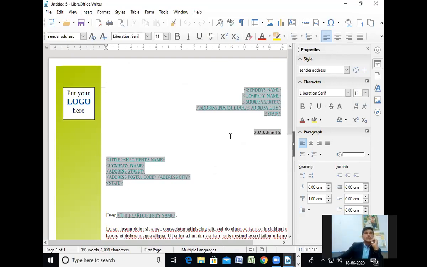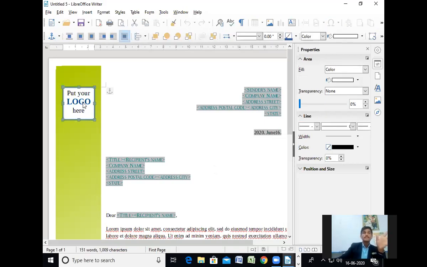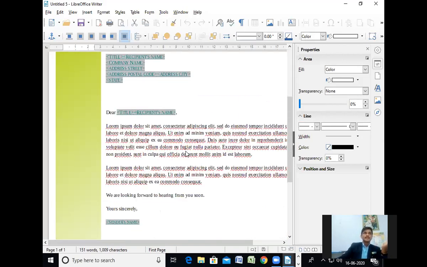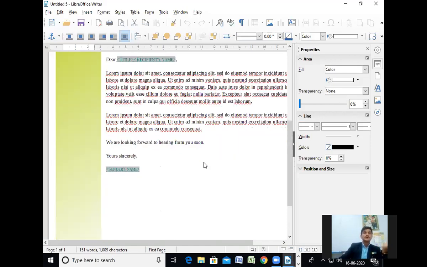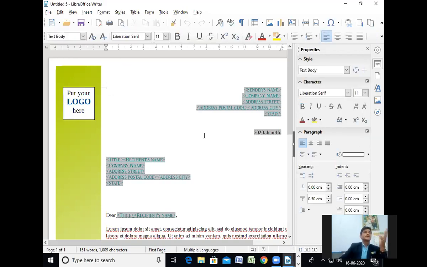Now if you want to update this, see, here you can write your name, here your logo, means if you want to create your business logo. Nowadays everyone is using online techniques to teach anything, so you can create your own business card or anything. If you want to send any letter to your favorite friend or your close friend, at that time you can use a template like this and create your own template. So you will be able to create different styles of templates.